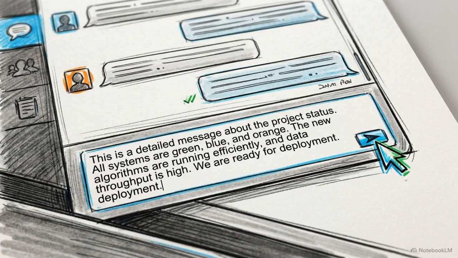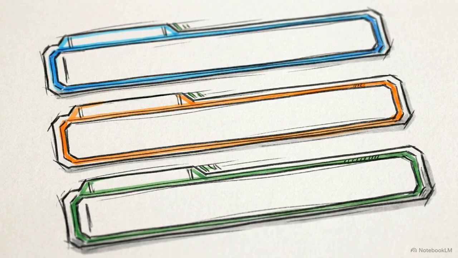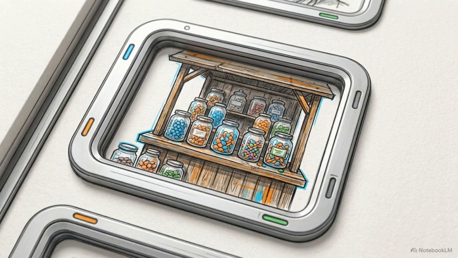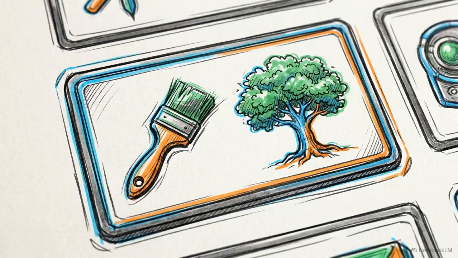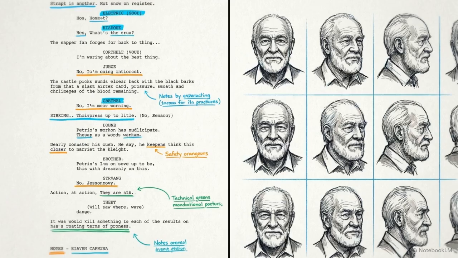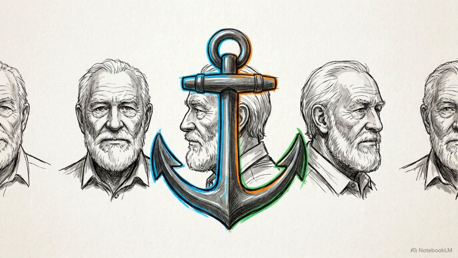Once the connection is stable, we feed Claude a master prompt. You need to define 3 specific parameters: the word count for the story, the thematic topic, such as a village sweet seller, and the visual style, like 3D cartoon or Studio Ghibli. This master prompt triggers a dual generation sequence. Claude writes out the complete narrative and simultaneously generates strict character reference sheets for every actor in your story before rendering any final frames. Extracting these reference sheets first provides the AI with a definitive visual anchor. This specific sequence is what prevents visual drift later in the workflow.